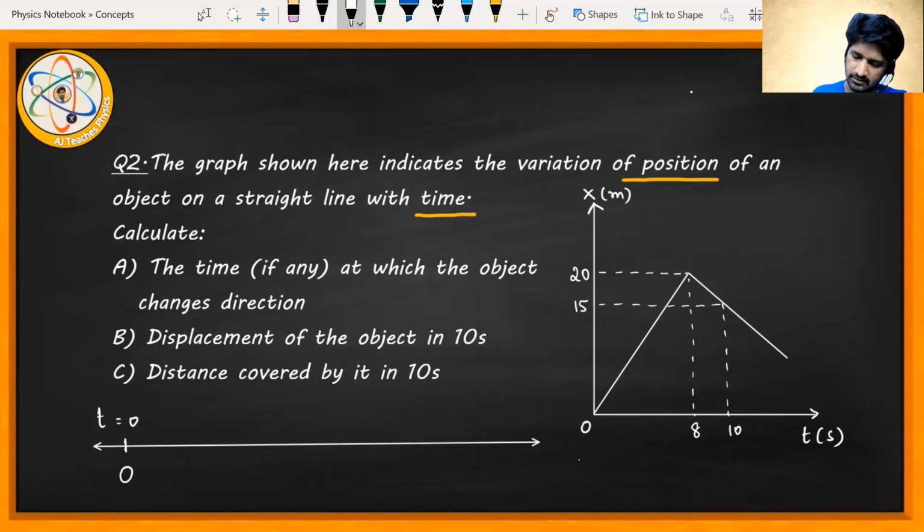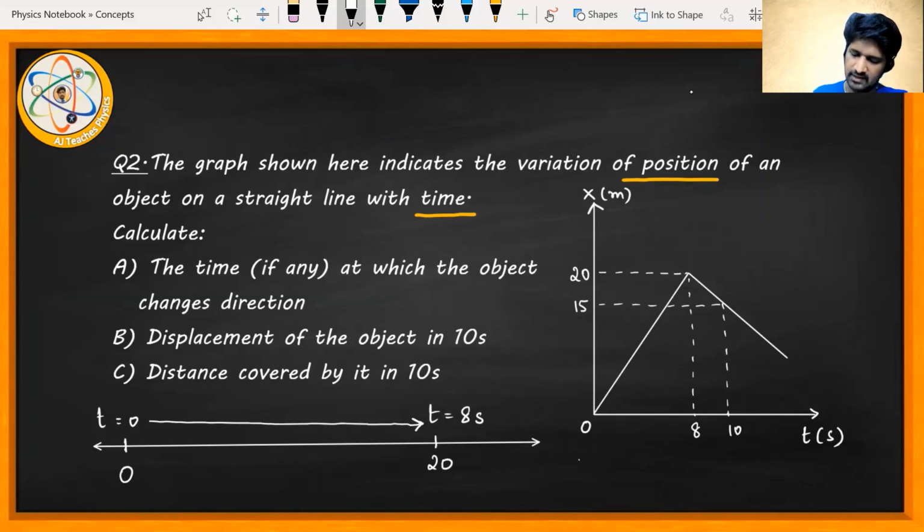So let's indicate that on the graph. This is x is equal to 20. It gets here at a time of t equal to 8 seconds. And as indicated by the graph, it continuously travels in the positive direction. Its position goes on increasing till 8 seconds. So it went straight from x is equal to 0 to x is equal to 20 without ever changing its